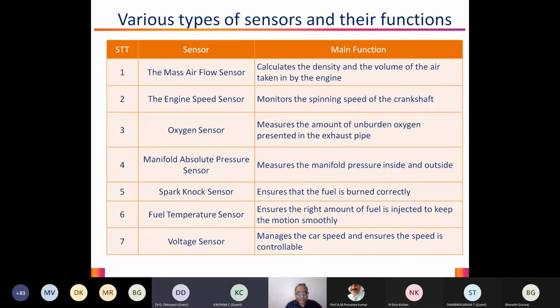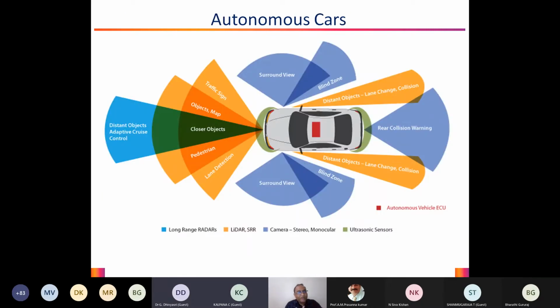See, all these sensors are basic sensors that are now fitted into every single automotive vehicle. In addition to that, these days there are so many more sensors getting into cars. I'm sure all of you have taken note of some of the recently released cars in the sector. If I talk about the MG Hector, you can basically connect it through your cell phone. You might have seen this ad where the owner of the car sits at home and says, hello MG, turn on the engine or turn on the AC.